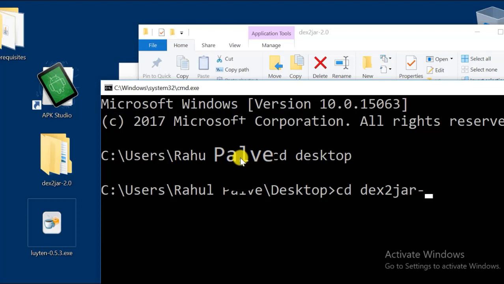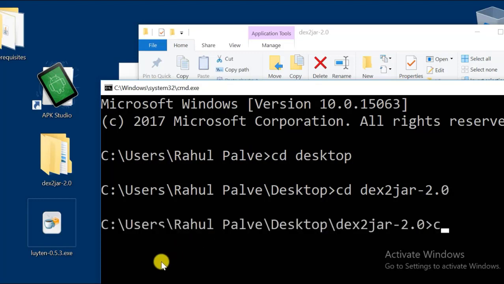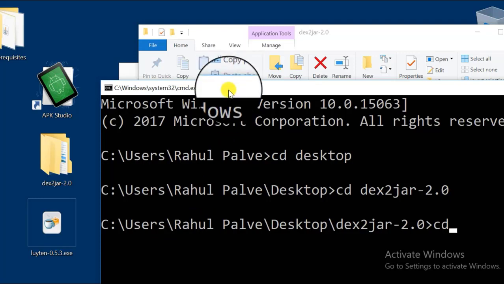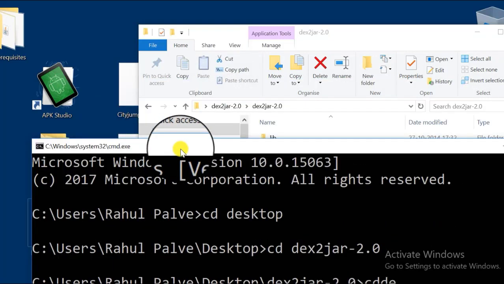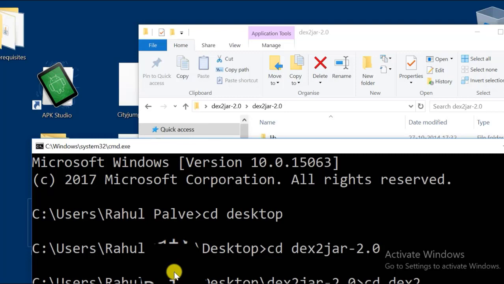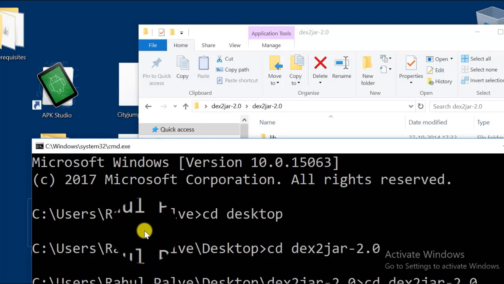Now I will change it to dex2jar. To do that, type cd dex2jar 2.0, again cd dex2jar 2.0. Now I have successfully changed the path of the console to the dex2jar parent folder.